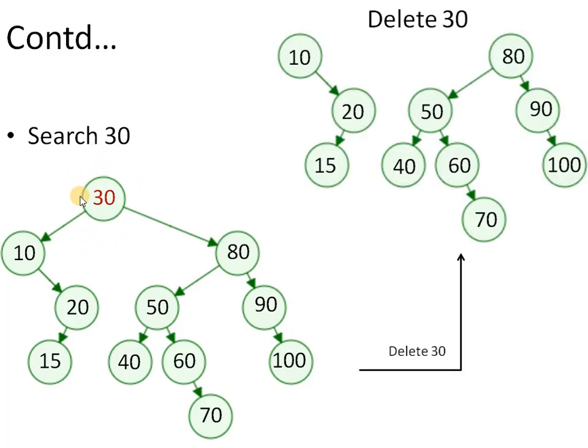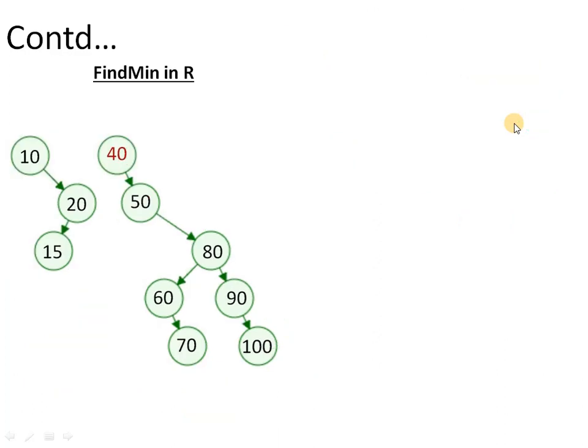The moment we delete the root, we will get two subtrees. One will have nodes which are less than 30 and the other has all the nodes which are greater than 30. This subtree we are calling the left subtree or L, and this subtree we are calling the right subtree or R. So we can work either with this or with this. If I pick the right subtree, from the right we have to pick the minimum node, or in other words, we have to first perform the find min operation. It is similar to finding the successor in binary search trees.